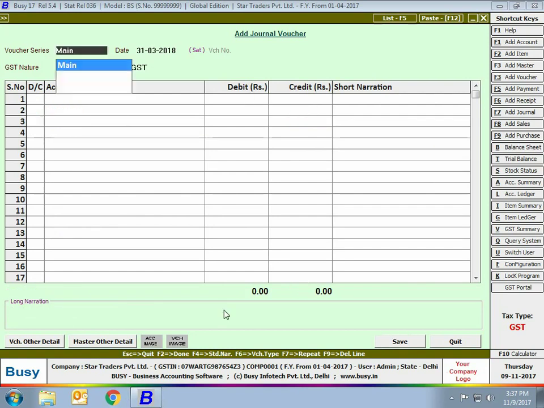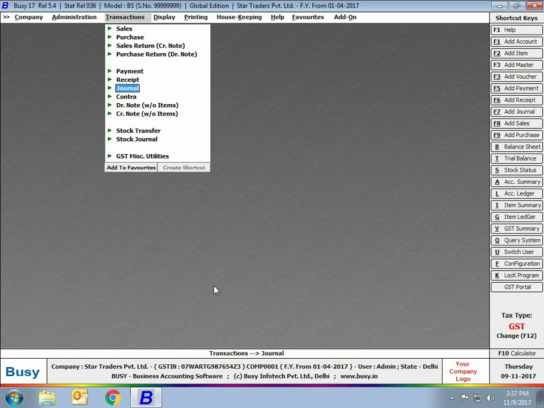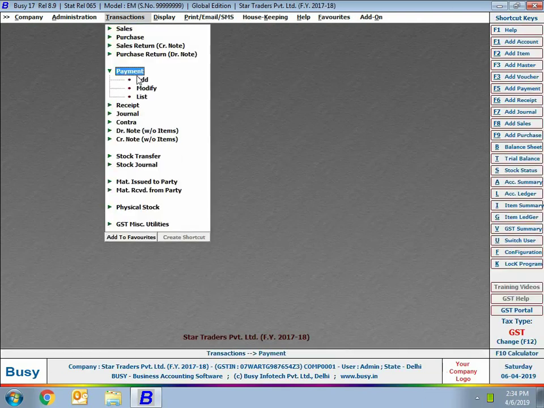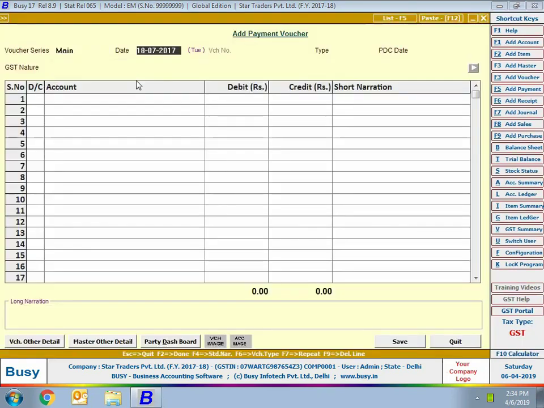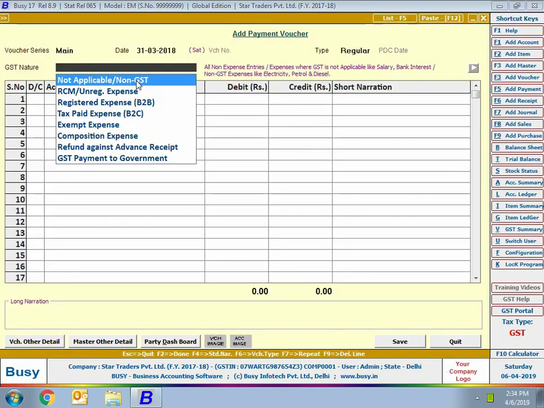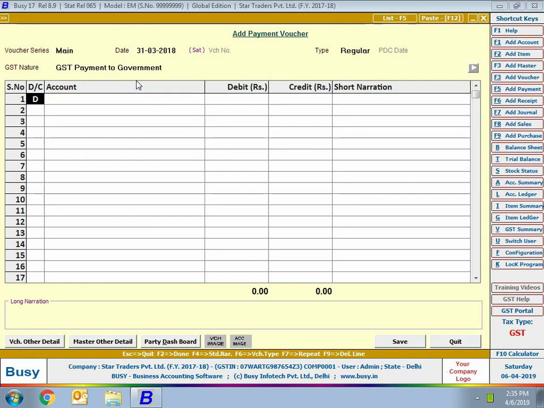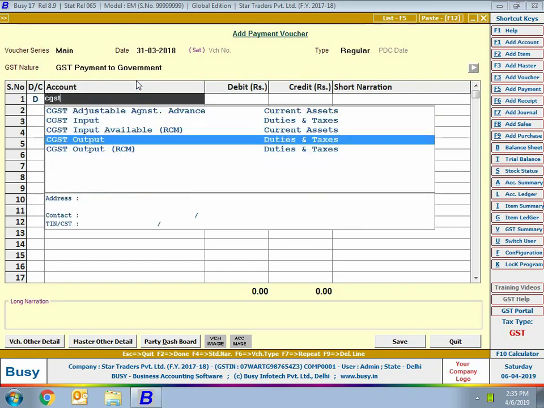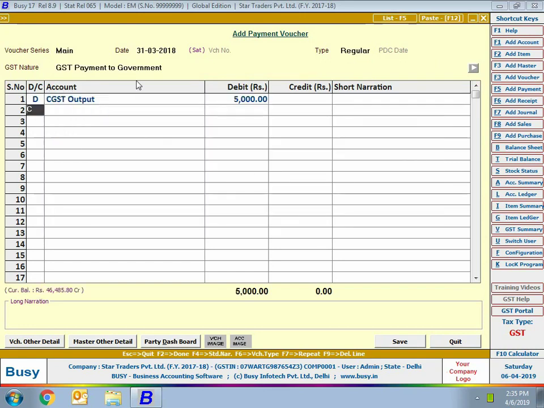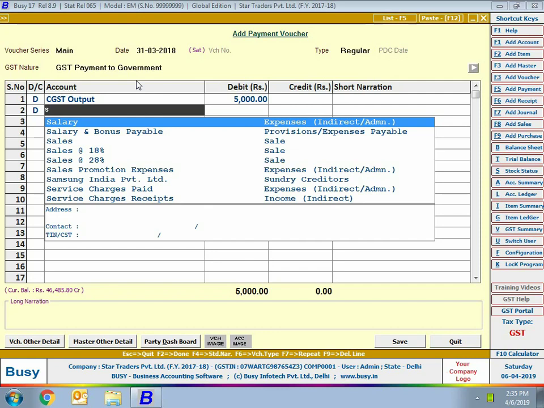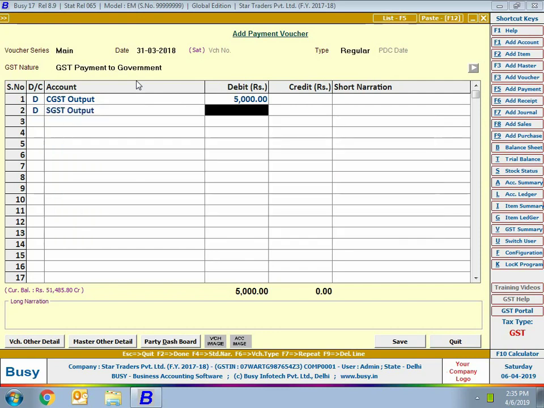Next, we will discuss how we can make an entry for the GST paid for the last month of the year. For this, we will be using payment voucher. If you wish, you can do the same entry with the help of journal voucher. We'll go to payment add option. Here we will take the GST nature as GST payment to government. We are debiting the CGST output and SGST output account. If there is an entry for IGST, you can debit the IGST output account also, and will credit the GST